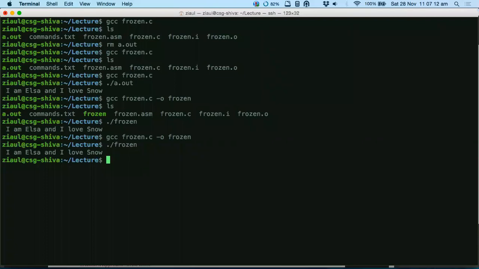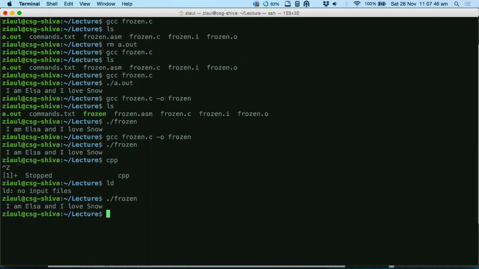That's why I didn't have to call them manually, but I can always choose to do that by invoking them, just like I did with the preprocessor, cpp. Similarly, for the linker I could say ld, which stands for linker. I could invoke all the steps manually, but GCC is doing that for me. It is invoking the compiler, the preprocessor, the assembler, the linker. When does the loader get invoked? When I say ./frozen, when I want to execute and press enter, this is when the loader loads it and then runs the program.